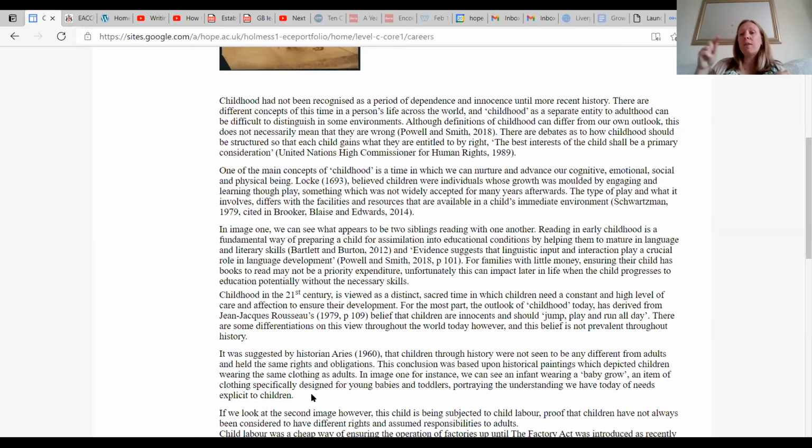And by doing that discussion, you're bringing in lots of references too. And the thing is, of course, this piece of work was first written back in October, November time, when you didn't know about all of these other things. And you didn't have all of the different sources, but now you do. So go back and really analyze your work and rewrite it to make it really, really strong